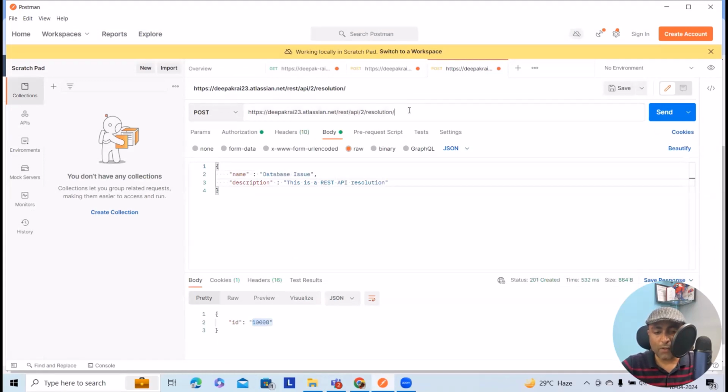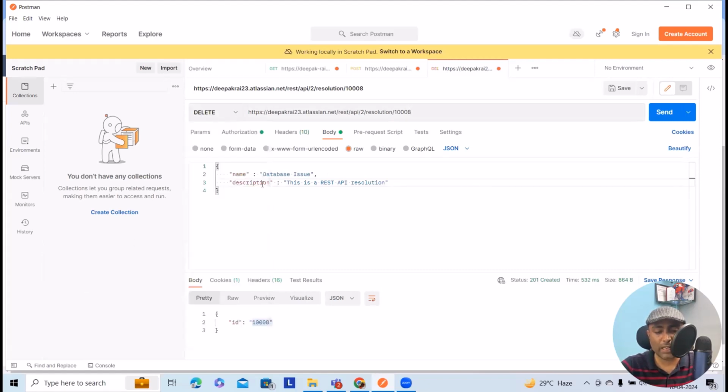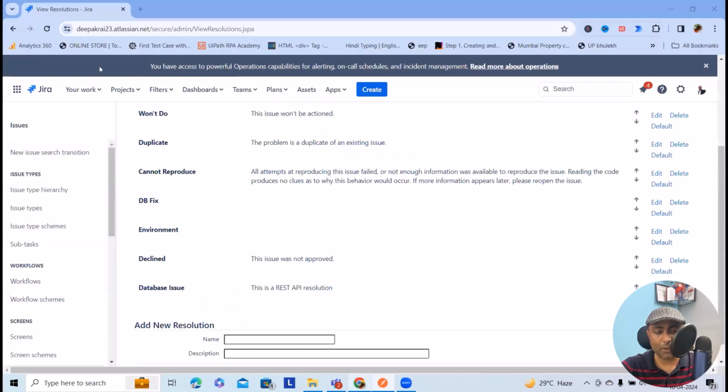Now, if at any point of time I want to delete this resolution, straight away change the endpoint with the ID. It means we have to add the ID at the end. Select the delete option from the method type and click on send. This will be deleted successfully. Here, once I refresh this page, we have,